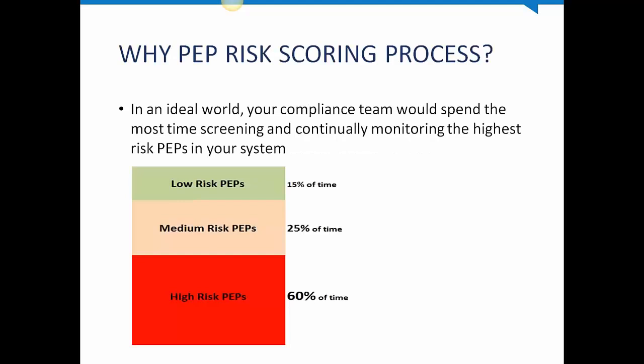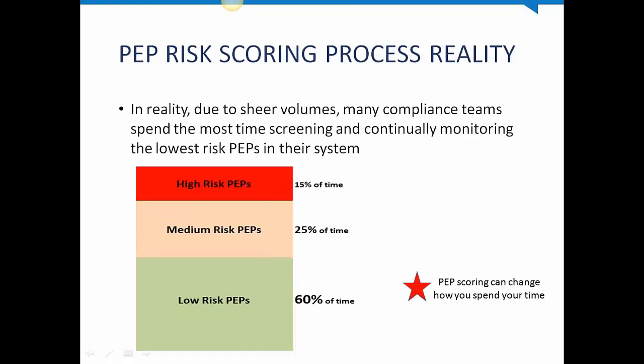So in a perfect world, if you look at how your team screens PEPs today, you would love it if they were spending the biggest chunk of their time on those PEPs that present the greatest risk to your organization, and then work your way up the ladder to the medium ones, and spend the least amount of time on those PEPs that pose the least amount of risk to your organization. So your risk ranking, you're making your risk ladder, you're determining who presents the greatest risk to you, who presents the least risk. So in a perfect world, you'd love to be doing this, but unfortunately,